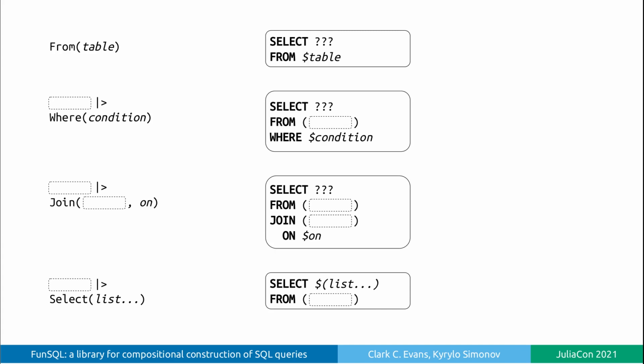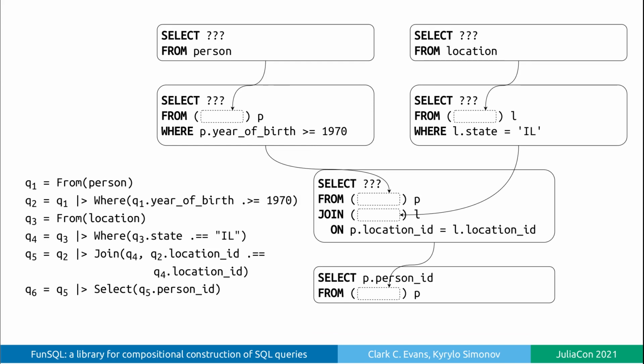Here is how it works. Each query constructor is translated not just to the corresponding SQL clause, but to a complete SQL subquery containing this clause. Composition of query constructors is not a concatenation of SQL clauses, but in fact a composition of SQL subqueries. This is how FunSQL could bypass the restrictions on the order of SQL clauses. You could say that FunSQL presents SQL as an algebra of queries. In this algebra, from becomes an elementary query, where and select unary query operators, and join becomes a binary query operator. This diagram shows how query composition works in practice.